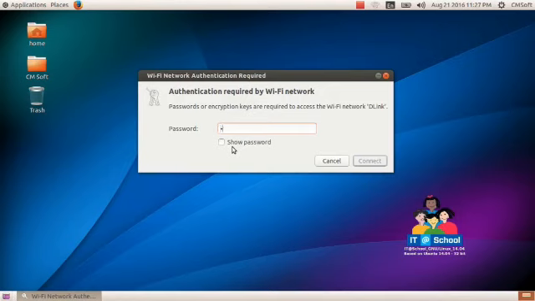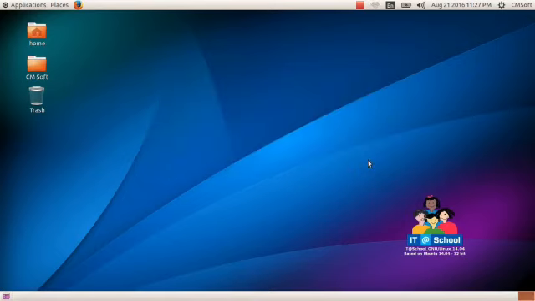Then connect to the network. So we get the net connection in our system.